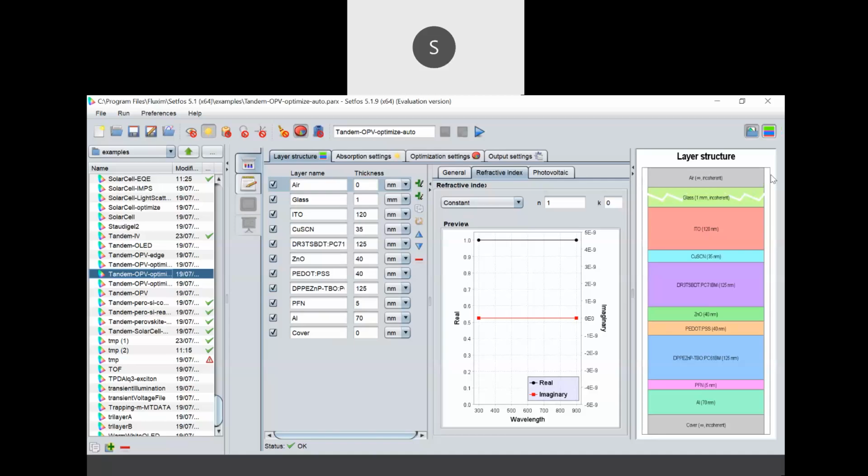Sir, one more question on the chat box: how to know the basic value? If I know the basic value only, we have to add a new material. Kindly explain clearly. Basically, if you would like to know the basic value, first of all, you can go to our examples, where the values given are from some literature and reference papers. From there, you can get the basic parameters of materials, and accordingly use those properties for your device.